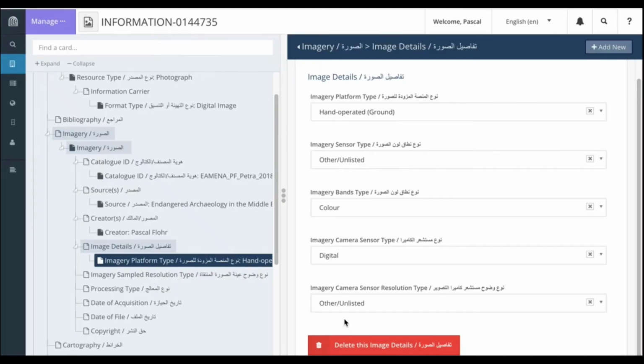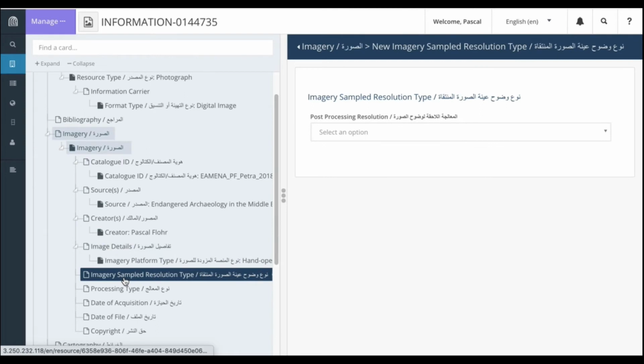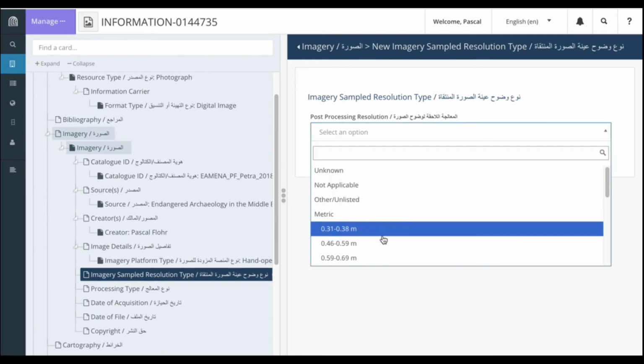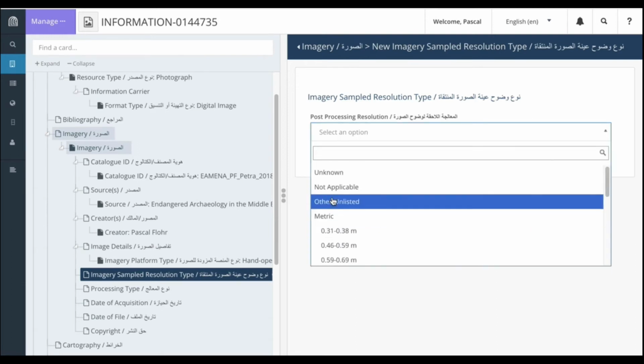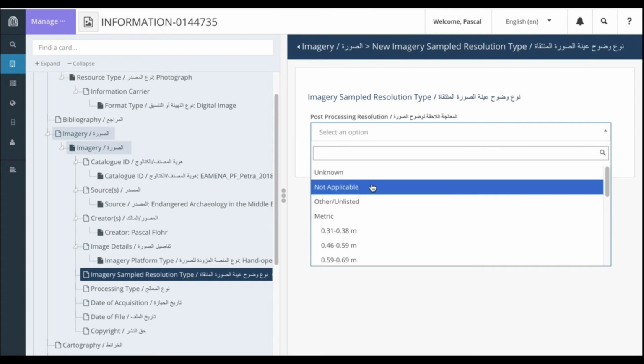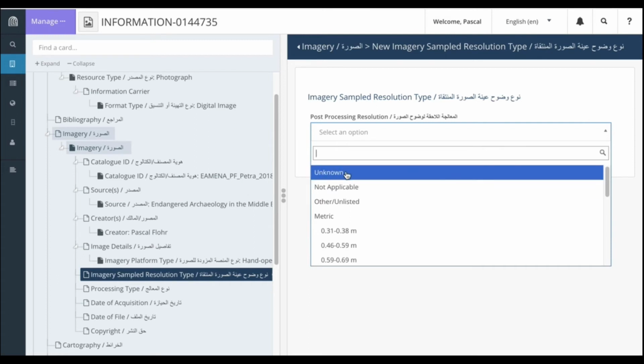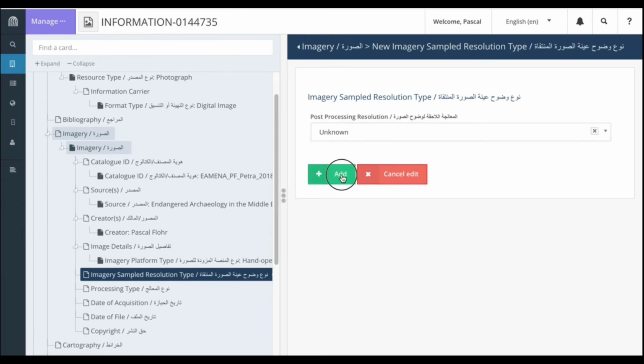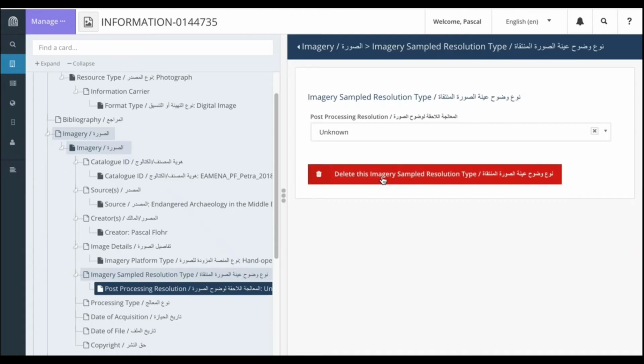And then I click on Add, and this adds this group. Going down, the next field is imagery sampled resolution type. This is the post-processing resolution. So if the image was processed and it changed resolution, what is the resolution now? Again, for photographs in this case, it's probably not applicable because it wasn't processed, or it might be unknown. I'm going to go for unknown in this case, but for ground photographs, if you haven't done anything to it,